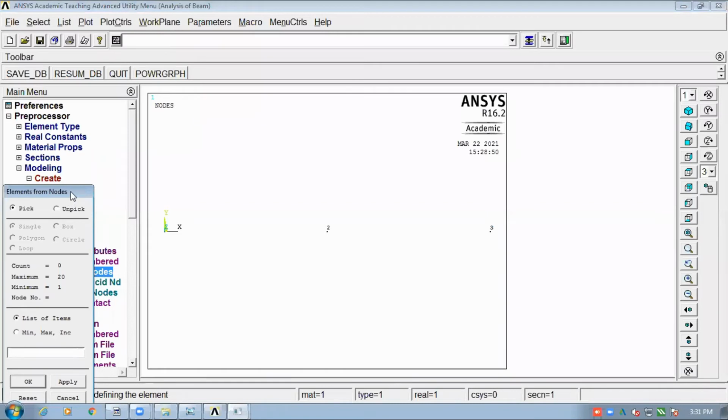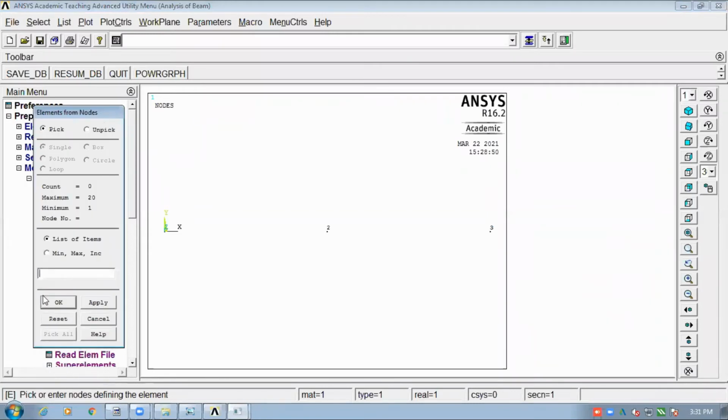So when I click on through node, this window will come, right? So this window is basically asking to pick the 2 nodes in which you want that element to be connected, right? So what I will do here is initially I will select, see here, node number 1 is not showing here. Similarly, how many nodes are selected is again not showing here. Count is 0, right? But when I click here, you can see node number 1 I have selected and total 1 node I have selected. So now I have selected 1.